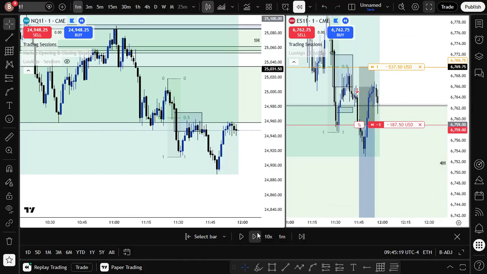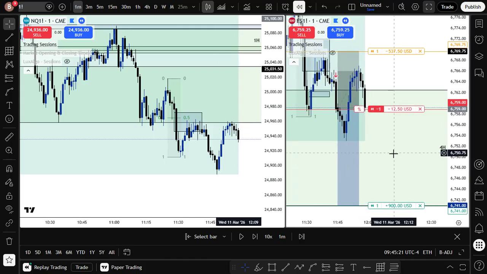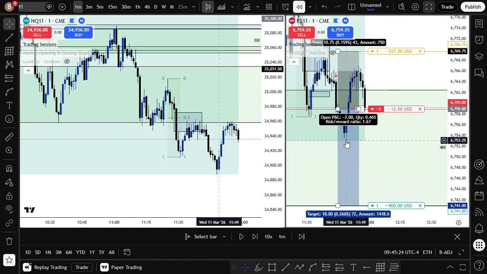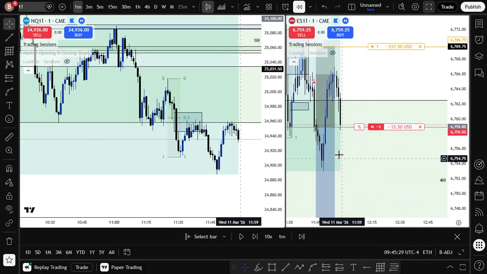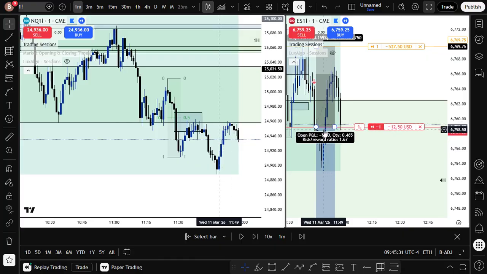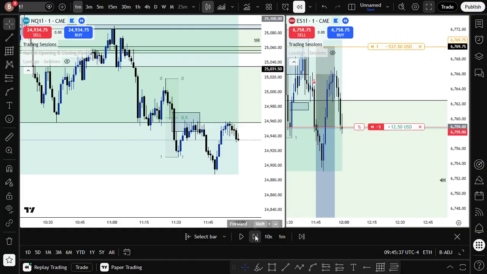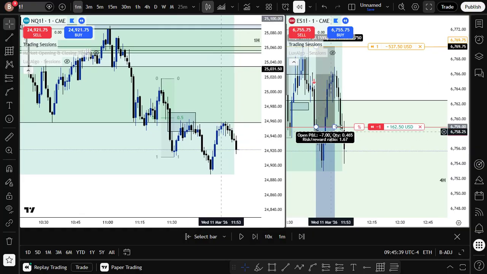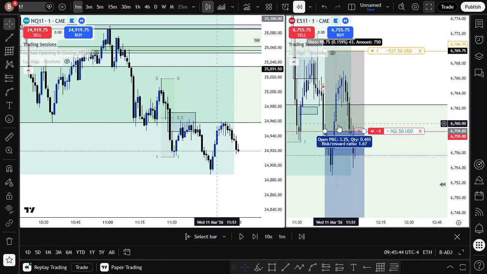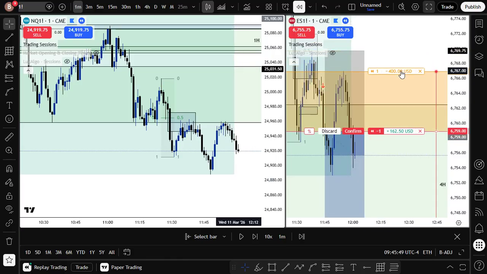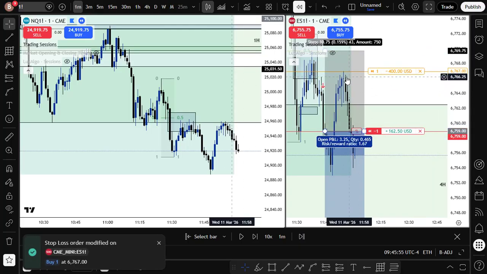Price reacts to it. Okay, so at this point, I feel like this is not macros time eventually. So I feel like we still might push lower, but I see this also fair value gap. If this fair value gap is respected, then I think there is a point to move up. What I wanted to say is that if this is respected, then I could potentially go like closing the position here or moving my stop loss. But at this point, I already moved my stop loss anyway